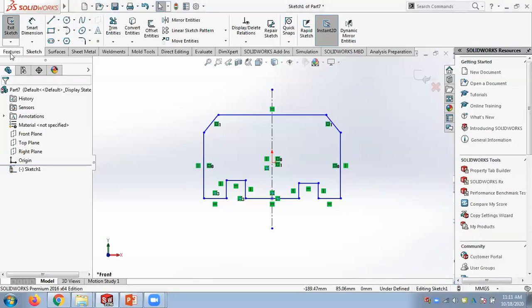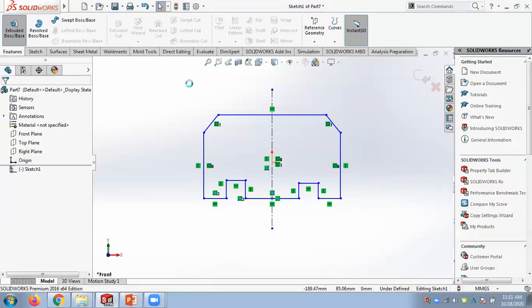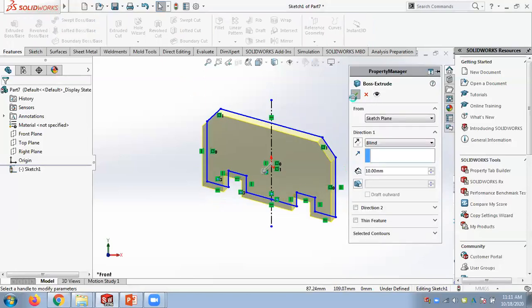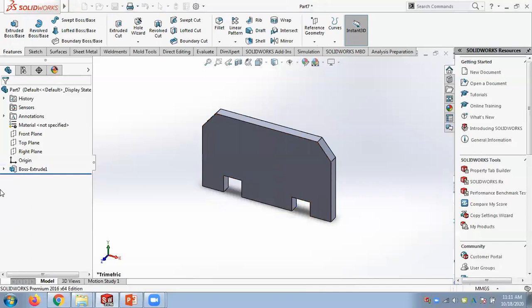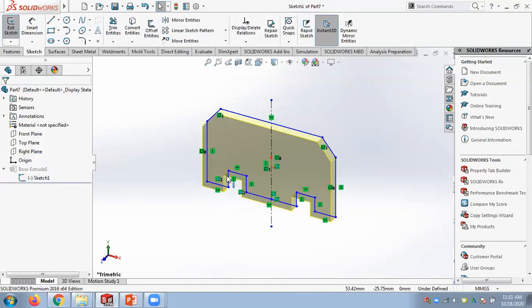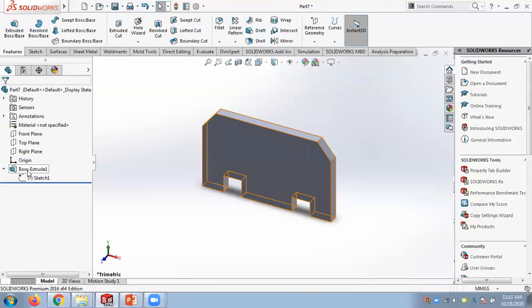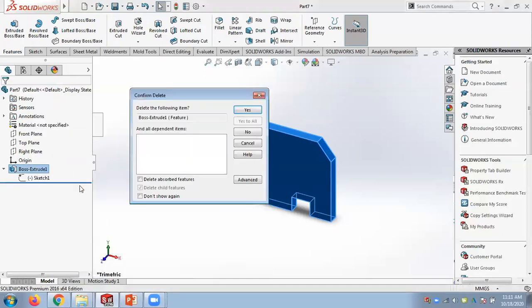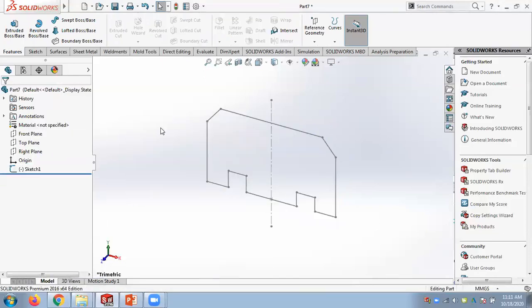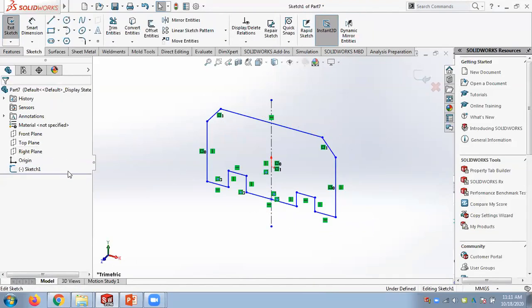If you make it 3D, and you want to go back to the 2D sketch, you have to press this arrow and go to the 2D sketch and go to edit mode and do the editing. Or else, if you want, you can delete this one and get the 2D sketch back and do the editing. So you can keep the 3D model and edit the 2D sketch, or you can delete the 3D model and edit the sketch.